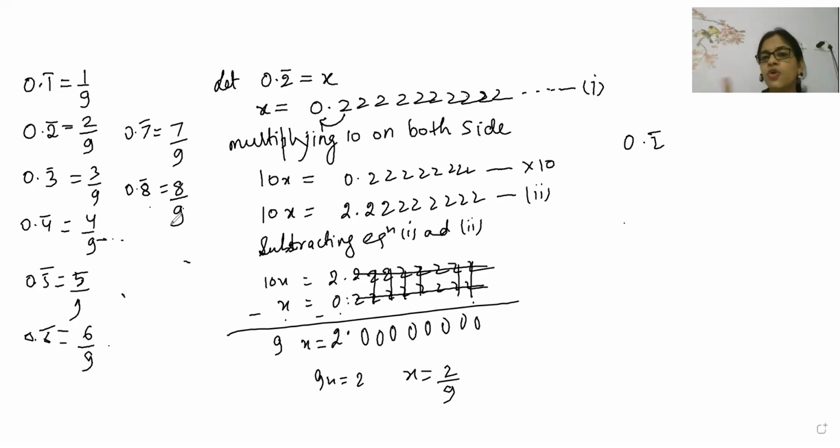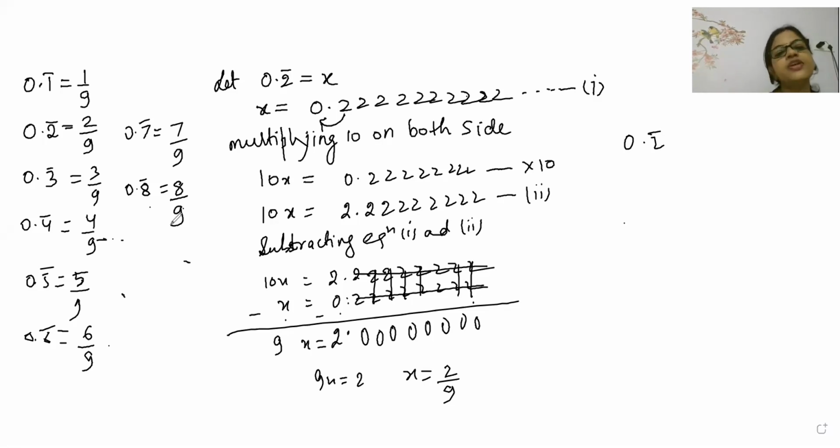Now listen, you are not preparing for one day. Whenever I teach students, my main intention is to teach you for the future, to guide you for competitions. So in competition exams, if you see 0.5 bar, I don't want you to solve this. Direct 5 by 9 answer should come. I hope you have understood the trick I told you. You have to follow that trick. For maths, don't change your writing skill, keep it continuously the same. Avinash, understood now? Very good, beta.